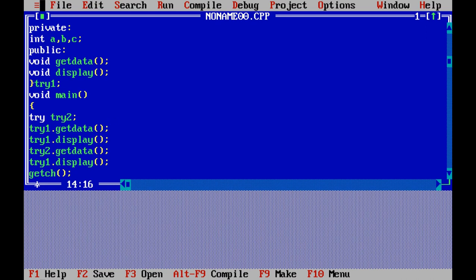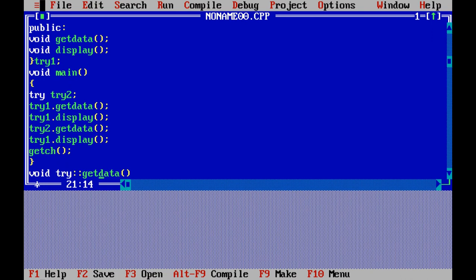Okay, this void try is the class name into which the getData has been residing, then the scope resolution operator, and there comes getData as the function name. There is a cout which is used to display. This is how you must use cout. This is the insertion operator, and "enter the value of a". The first line to be printed on the screen is "enter the value of a", which is inside the double quotation, and that will be displayed straight onto the screen. Okay, which is followed by endl, meaning end line.